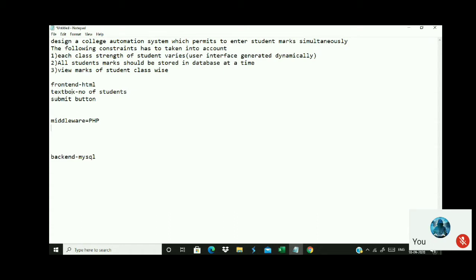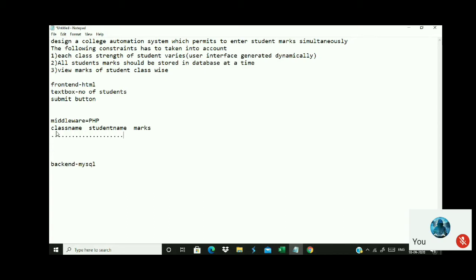Now listen here. As soon as I enter the number of students inside the text box and press the submit button, I have to grab this data. Say for example, I enter 5. So I should generate 5 sets of text boxes in this format: class name in one text box, the next one the student name in another text box, and then marks.